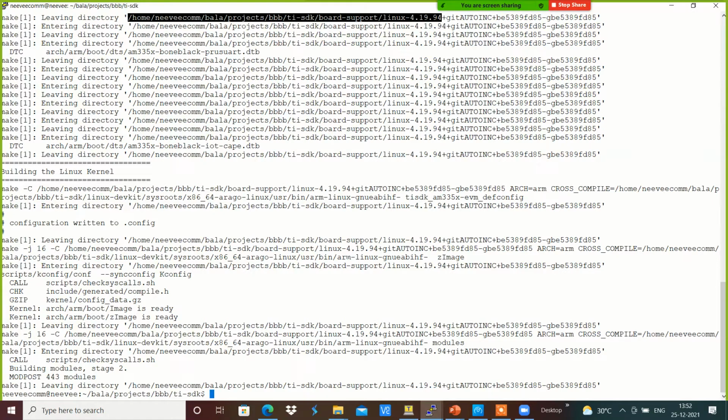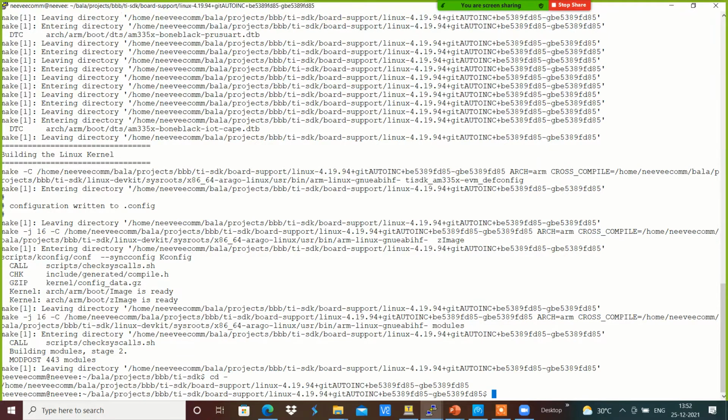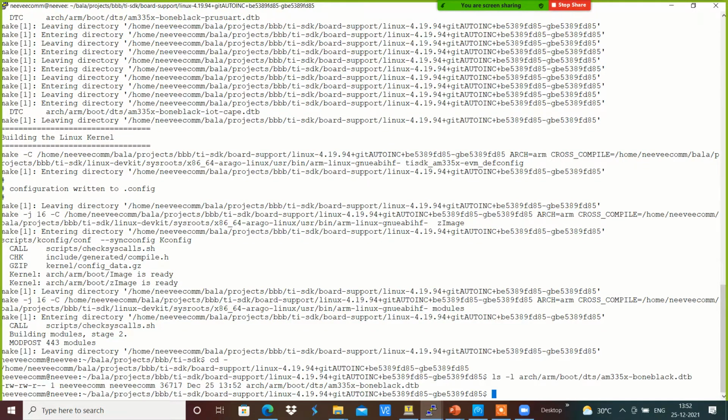Now I'm going to check with ls -l on arch/arm/boot/dts/am335x-boneblack.dtb. Yes, it has been compiled as the new one.